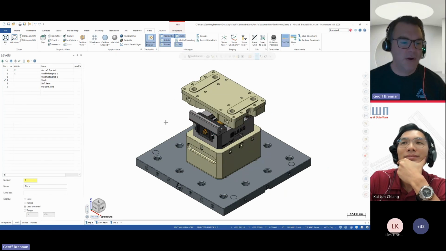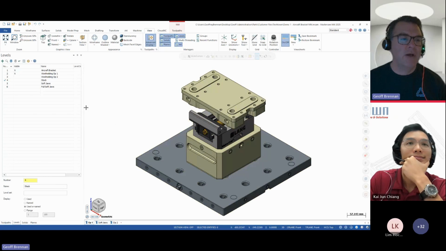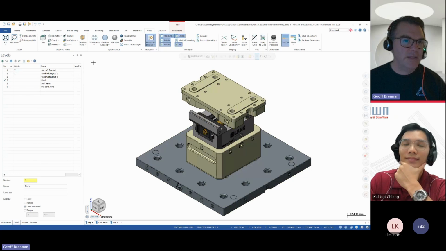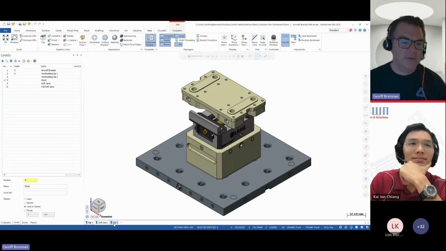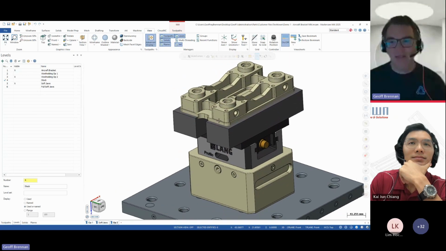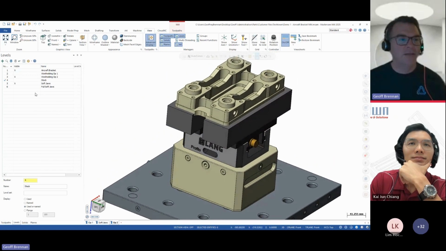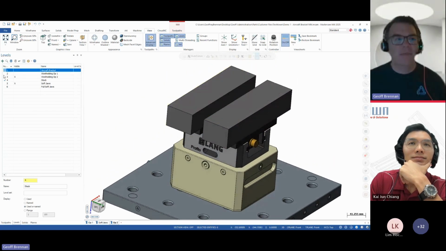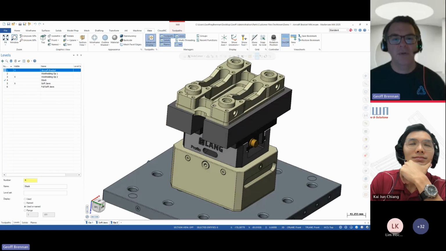So I've got another part here. With this part, again, we've got work holding. The work holding, of course, is just merged in through Mastercam or brought in directly from your step file import. In this case, we look at Op2, I've got some soft jaws. So I need to create some soft jaws, and in this case, those soft jaws aren't really made yet. So we've got them brought in as blanks.